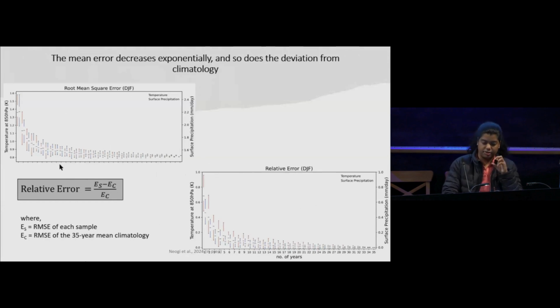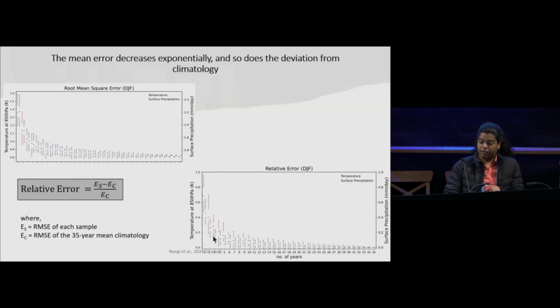That is what is defined as relative error here, that is the deviation of each of these errors in the samples from the climatology as a fractional deviation, right? So you see that as we go down with increasing sample numbers, that relative error also decreases.